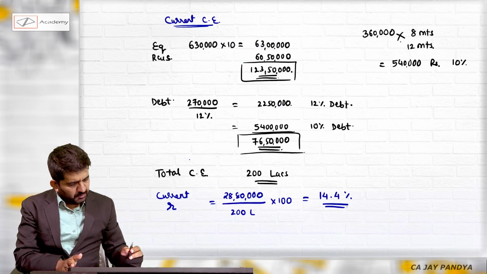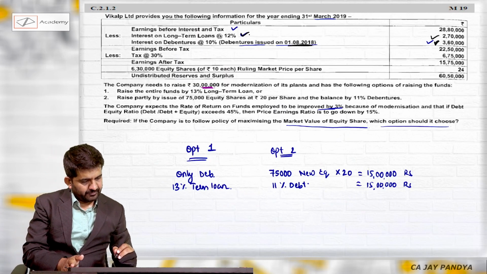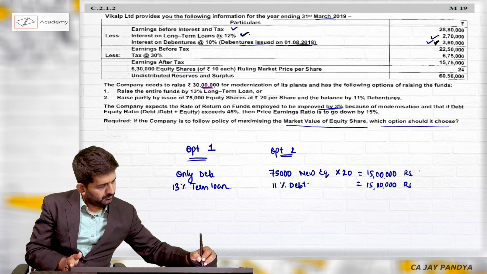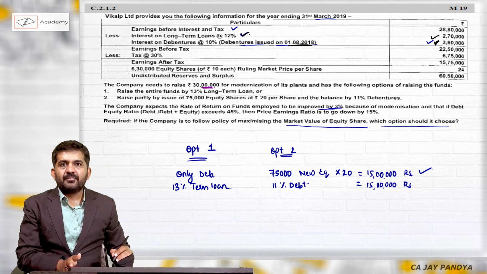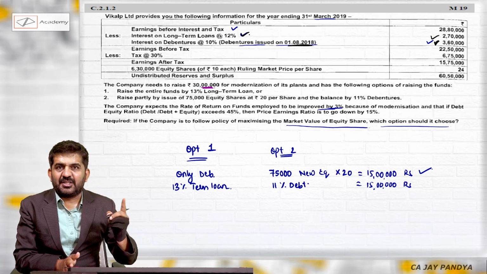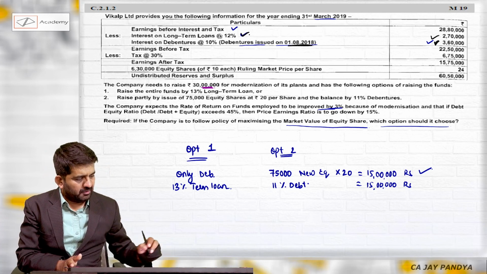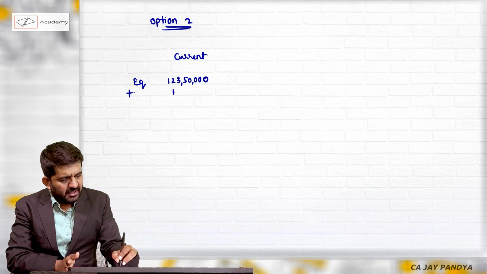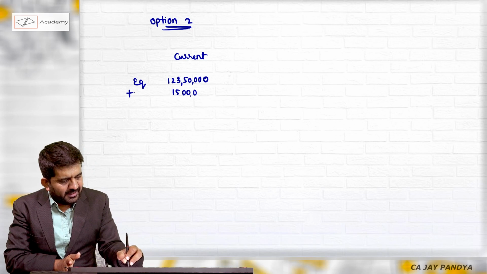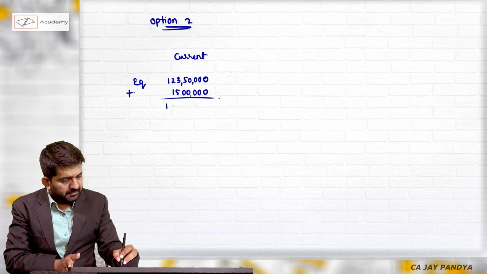So how much equity you are raising? 15 lakh rupees. 7,50,000 will be equity share capital, 7,50,000 will be security premium, but total will be 15 lakhs rupees. So equity will totally increase by 15 lakh rupees. This will be 1 crore 38 lakh